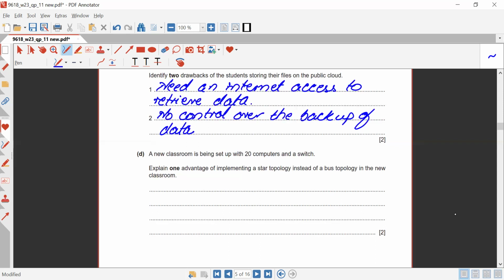Okay, now they're saying a new classroom is being set up with 20 computers and a switch. Explain one advantage of implementing a star topology instead of a bus topology in the new classroom. Okay, now they're saying star topology rather than a bus topology. So you may say, in the star topology,